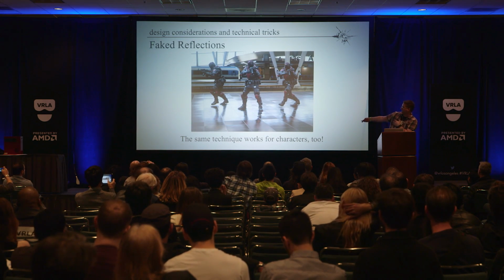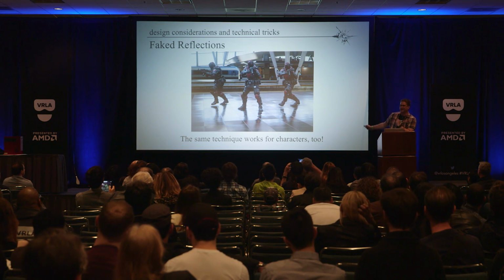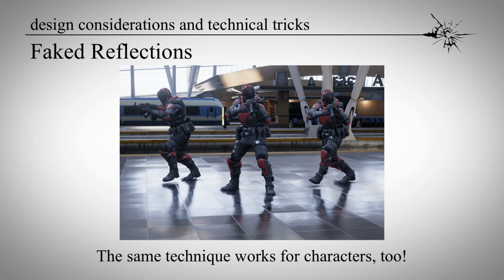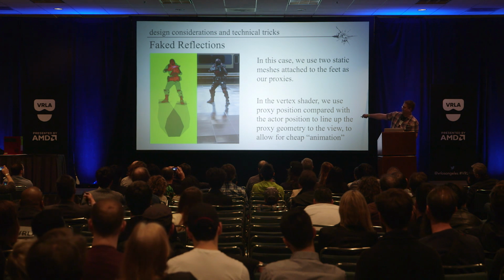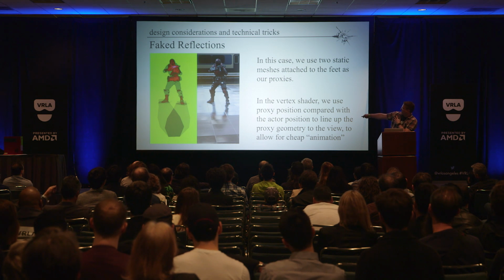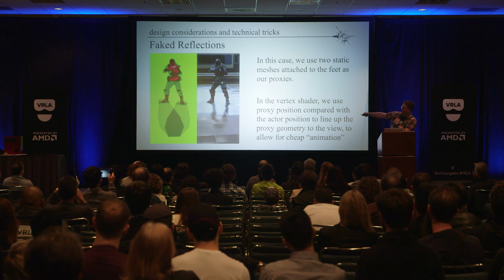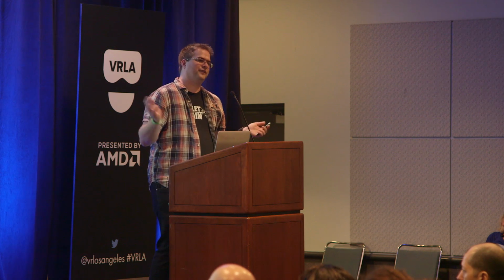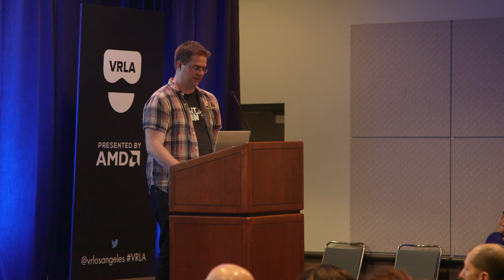We did the same thing for the characters, actually. These reflections are completely fake. And I actually didn't realize that until a week before we shipped. I thought they just did real reflections, but the way we did that was an extension of the same technique. We put one card for each foot in there, and then positioned and scaled it based on where the leg was and whether he had his foot on the ground versus above the ground. Then we blended between a screen capture of the guy's legs facing completely forward and one facing 90 degrees, and blended between the two in the vertex shader, so it was almost free for us because we don't have a lot of vertex shader pressure on it. We can get these sort of things for nearly no cost, and they look really good.